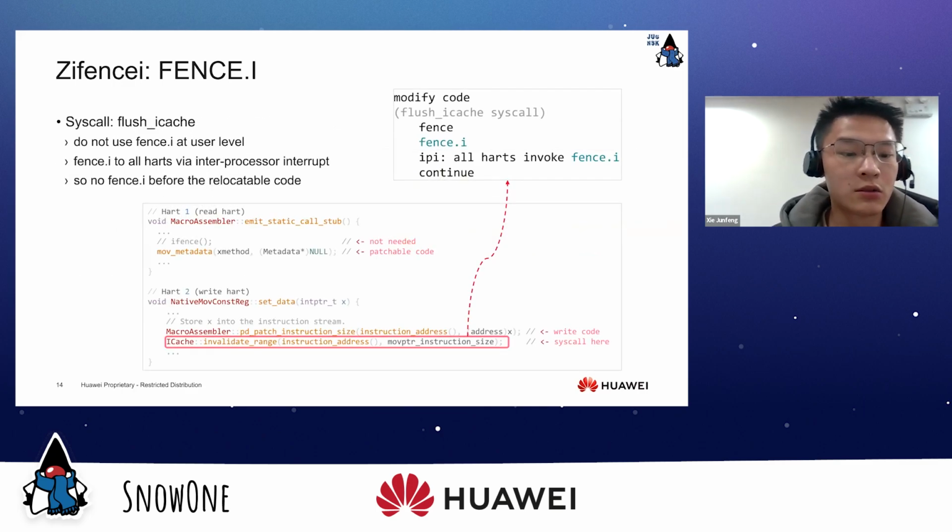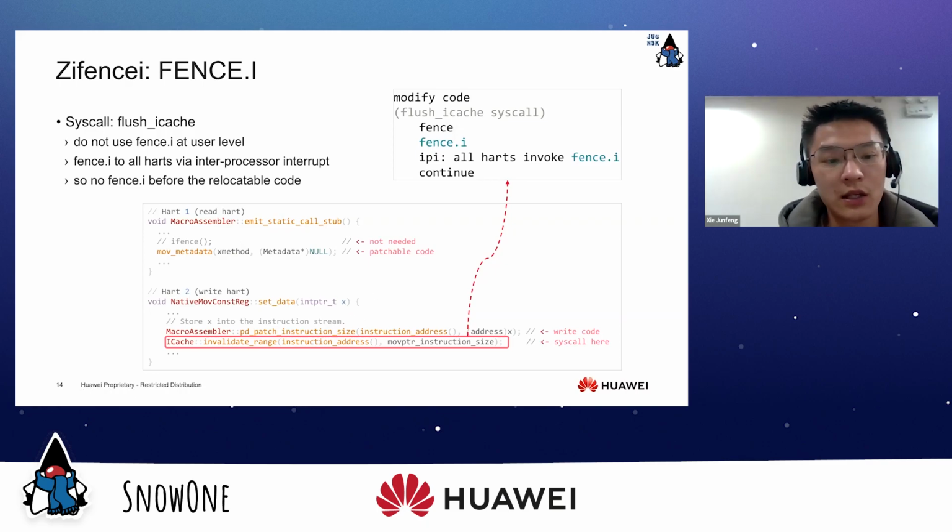Our solution is to use the flush iCache syscall. At the very beginning, we put fence.i before the relocatable code, and we also invoke flush iCache when the code is modified. But in this solution, we don't have to do anything on the read hearts.